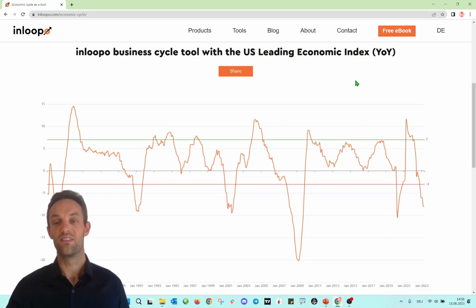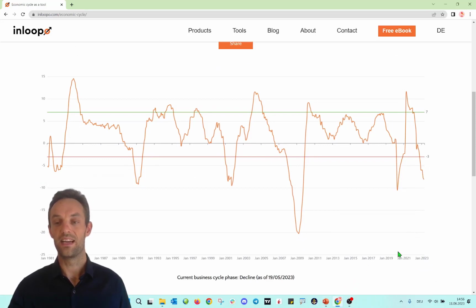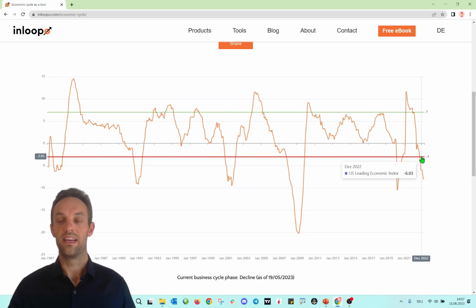And this is very important and can give you a good overview of where we are in the economic cycle. Currently, as you can see here, it's April 23 and we are still in the decline phase. So the US leading indicator is below -3, which indicates that there is a decline and we are in, for example, a recession.